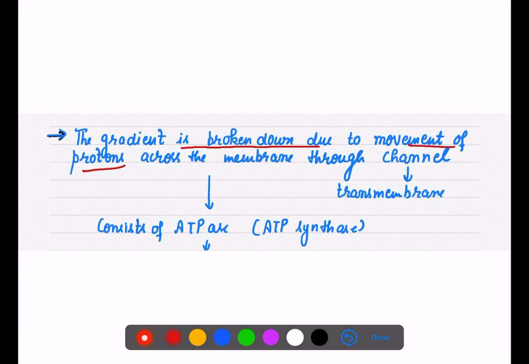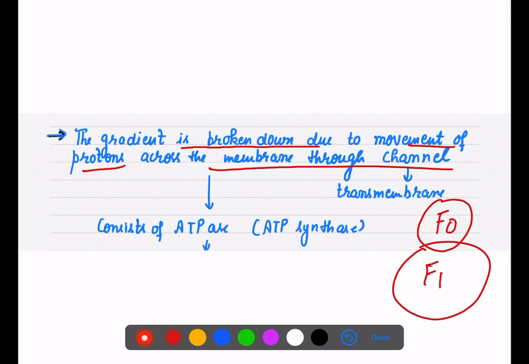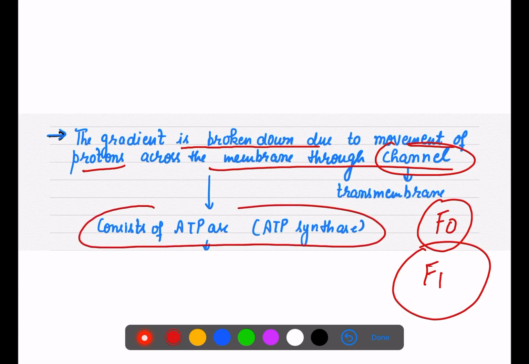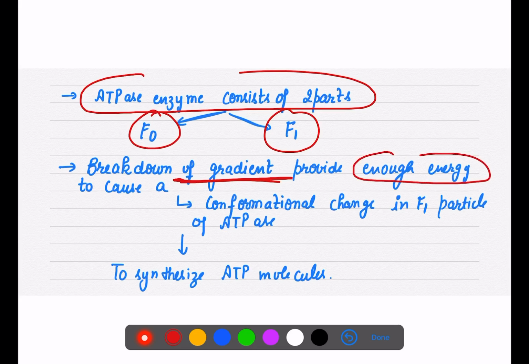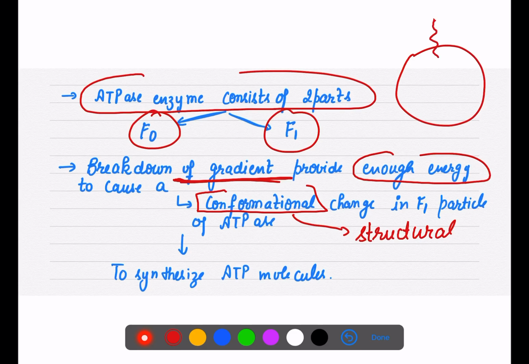जैसे ही ये मूवमेंट होती है प्रोटॉन्स की अक्रॉस द चैनल, meaning there is a movement of these protons to these F0 protein, that is your channel proteins. So they consist of enzyme ATP synthase. So ATP synthase has two parts, F0 and F1. So there is the breakdown of gradient. It provides enough energy to cause a conformational, that is a structural change. और जैसे ही F1 receive करता है H positive, there is a conformational change